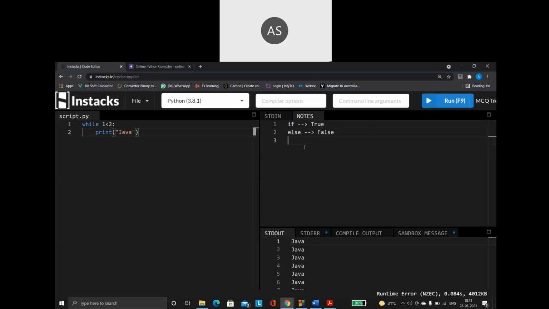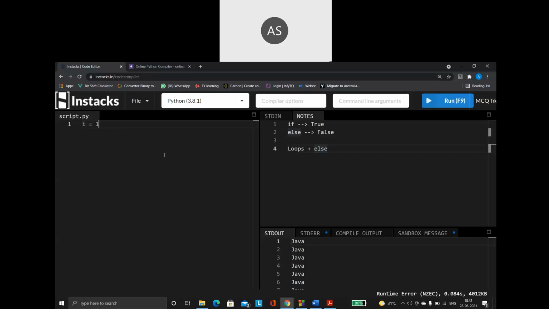So here in Python, there is one important thing. I can make use of the else keyword along with loops also. Loops plus else keyword is allowed here. Whether you are using a for loop or a while loop, I can make use of the else keyword. So the else keyword can be used with loops also here in Python. So how to do that and how is it going to work? It is very, very simple.